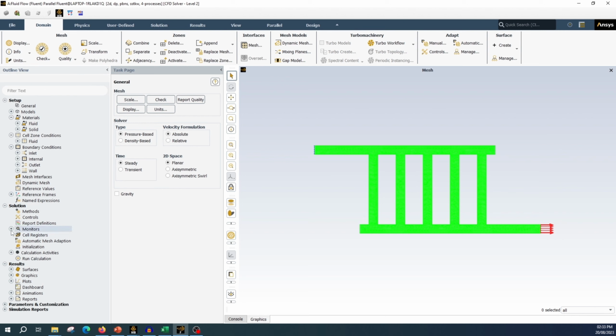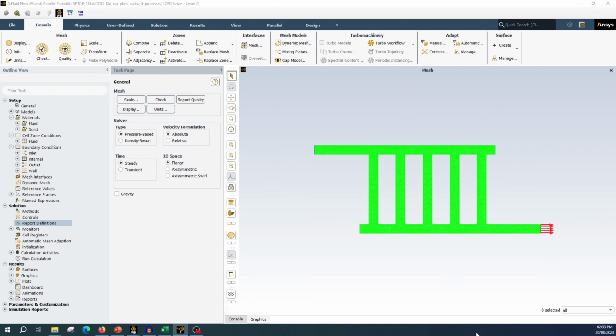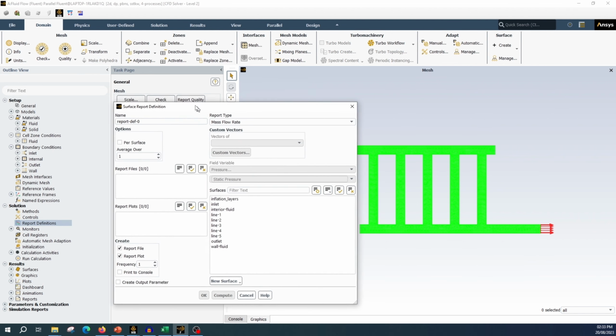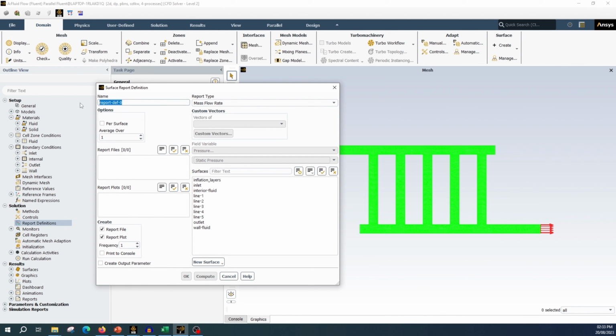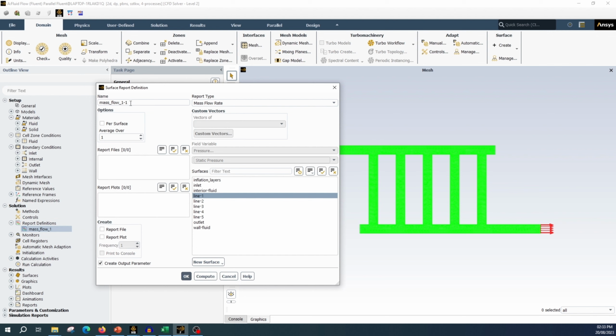Now we will go to the report definition and surface report and mass flow rate. I have a detailed video about report definition. You can look at that video. So anyway, mass flow rate 1. So here you can see line 1, 2, 3, 4, 5. So line 1, just select these two and create output parameter. So okay, now we can copy this one, deselect these two, create output parameter, mass flow rate 2 and line 2. Okay,